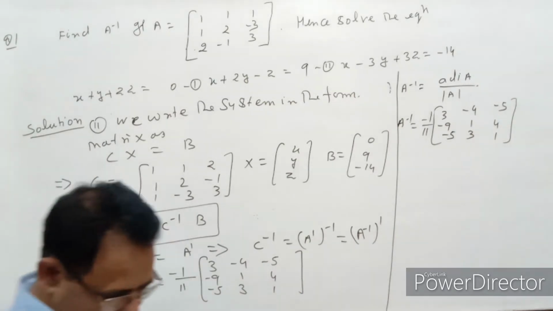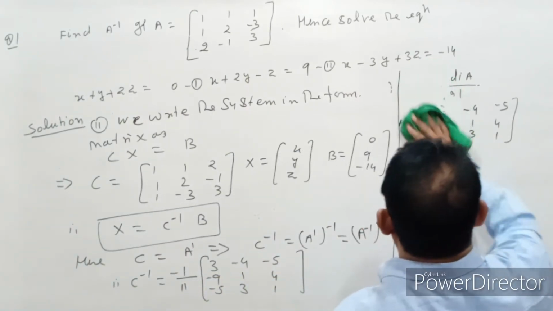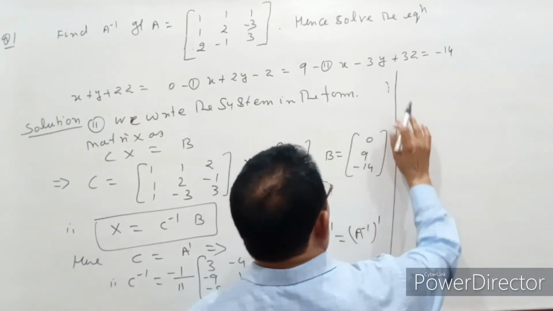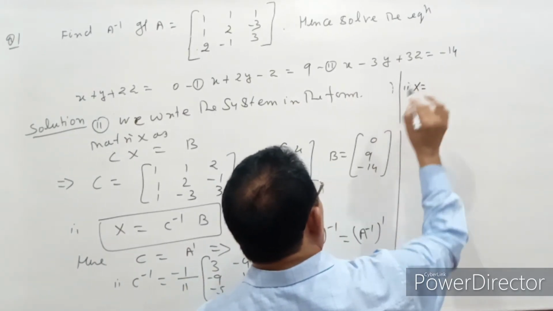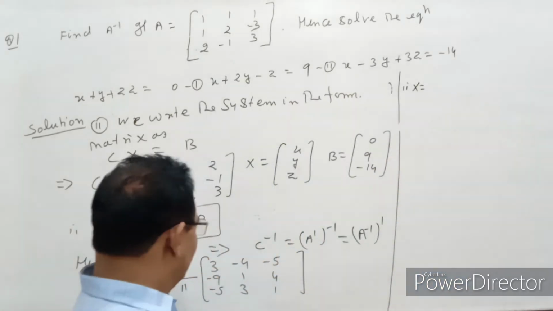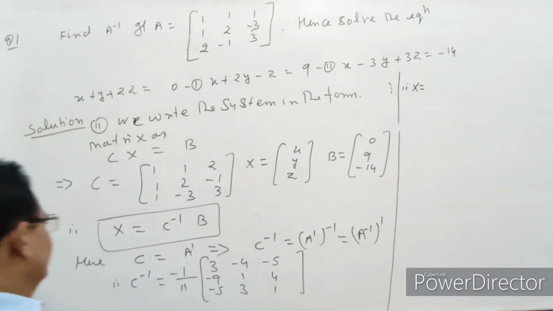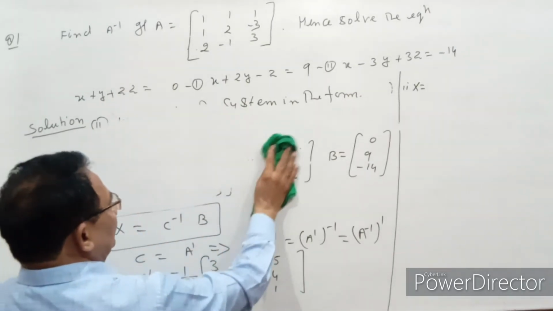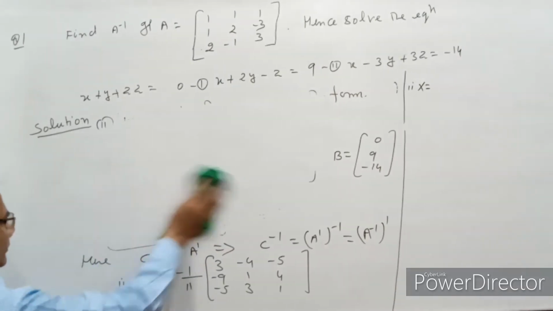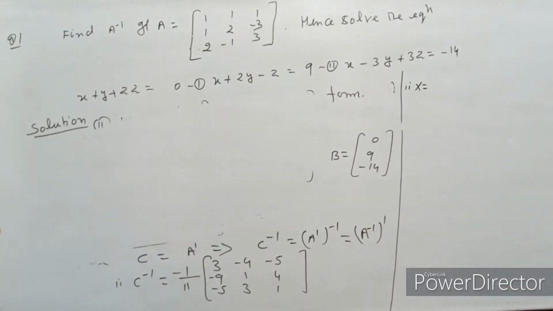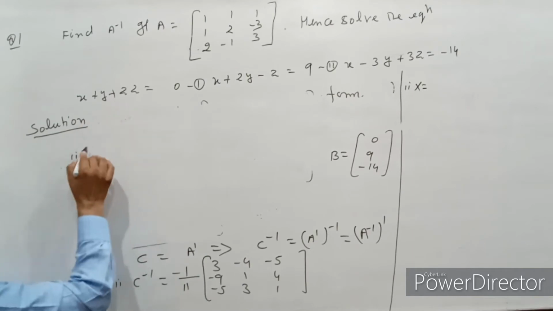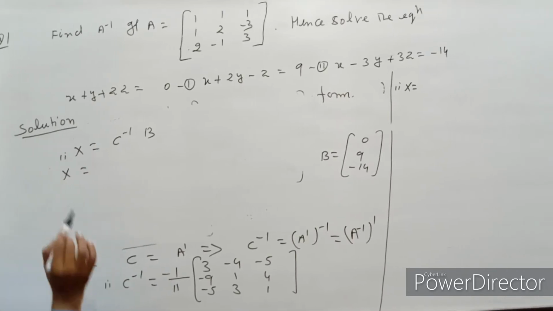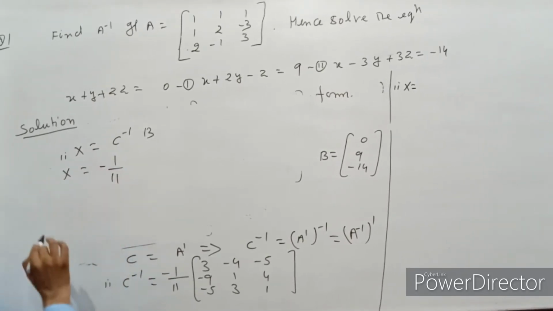Therefore we get the value of X. X is equal to A inverse C inverse into B, that is C inverse into B. Therefore X is equal to C inverse into B, or X is equal to C inverse, minus 1 by 11